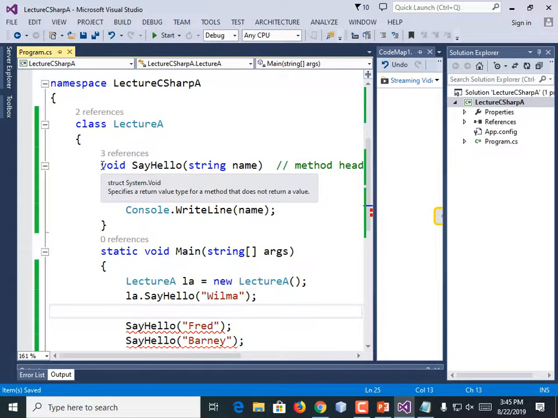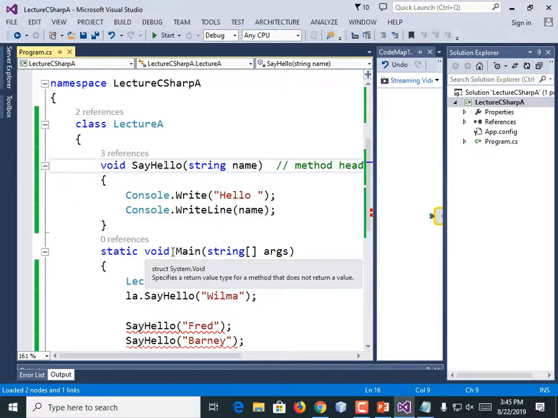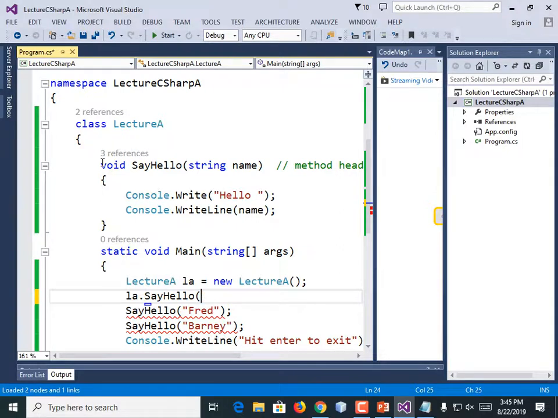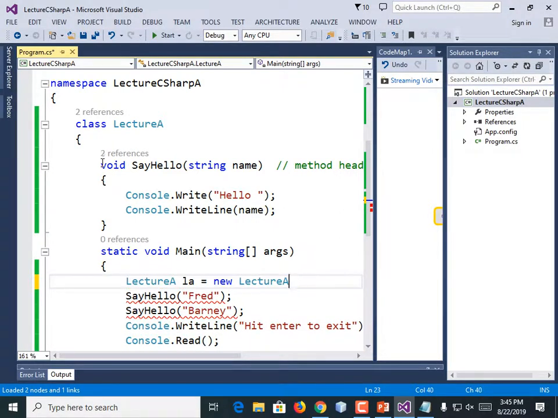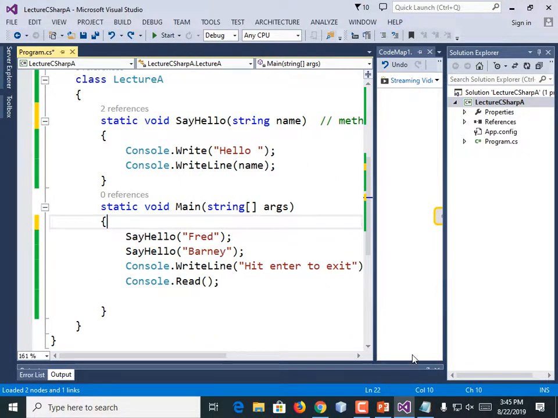Since this is not defined as static, it is an instance method, meaning that you have to have an instance of the class in order to invoke it. And let's undo all that. Normally inside your main class, I'm calling it your so-called main class, but it's the one that's got the main method in it, you'll probably make all the methods you put in that specific class as static. Let me hit undo a couple of times to undo all those changes. Control Z, Control Z, Control Z. There we go. Now we're back.